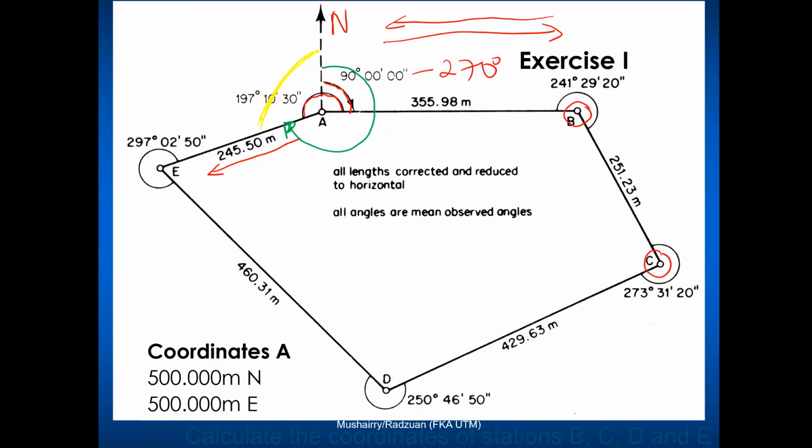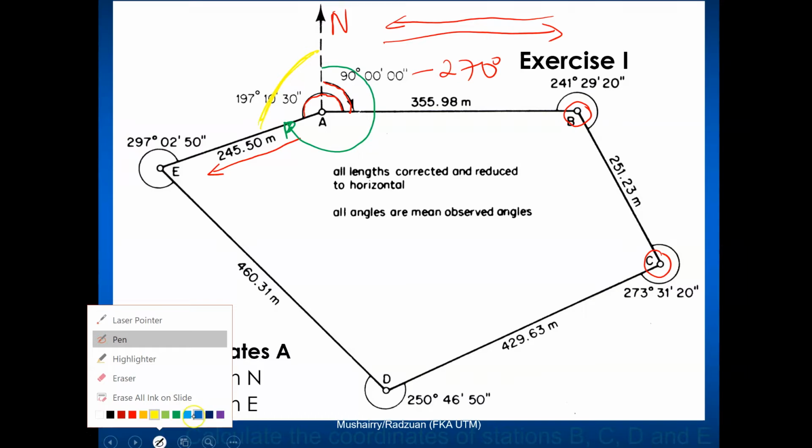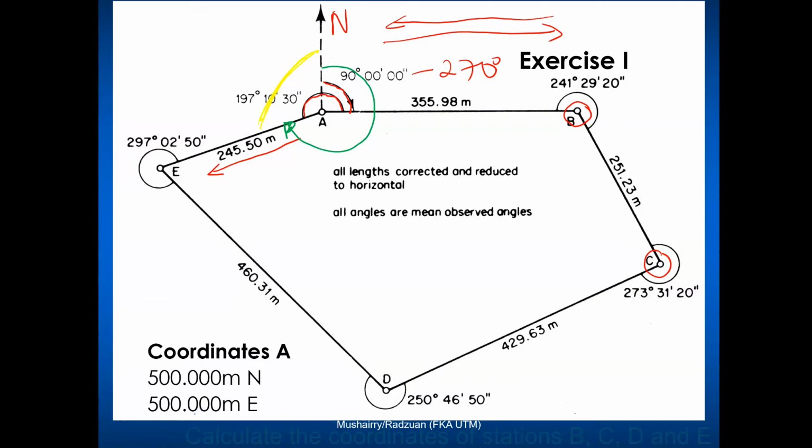So it's basically 197°10'30" minus 90, so that will give you 107°10'30".